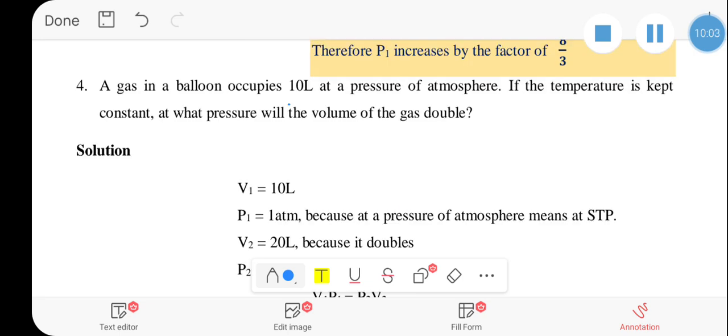እንደዚህ አይነት ጥያቄዎች ላይ ወርድ ኤክስፕሬሽኖች ቫልዩ አላቸው። ስለዚህ እያንዳንዱን ኮንሰፕቱን ማወቅ መቻል አለባቸው። አት ኤስቲፒ ከተባለ አት አትሞስፌሪክ ፕሬሸር ከተባለ ደብል ወይ ደግሞ በሃፍ ቀነሰ፣ ኢንክሪዝ ባይ ሃፍ፣ ዲክሪዝ ባይ ሃፍ፣ ኢንክሪዝ ባይ ዲስ አማውንት የሚል ነገር ካለ እነዛ ነገሮች ቫልዩ ስላላቸው ወርድ ኤክስፕሬሽኑን ኢንተርፕሬት ማድረግ መቻል አለባችሁ። ስለዚህ እዚህ ጋር አት ፕሬሸር ኦፍ አትሞስፌር ማለት አትሞስፌሪክ ፕሬሸር ስንት ነው የምታውቁት? በሌላ በሳይንስ ትምህርት ዋን አትሞስፌሪክ ፕሬሸር ዋን አትሞስፌር ነው ማለት ነው። ስለዚህ አት ኤስቲፒ ነው ማለት ነው። ሌላው ደብል የሚለው ደግሞ የተሰጠን ቫልዩ እጥፍ ሆኗል እያለን ስለሆነ ቪቱ ማለት ደብል ሆኗል። ቪዋን 10 ስለነበረ ቪቱ 20 ይሆናል። እንደዚህ አይነት ወርድ ኤክስፕሬሽኖችን ኮንሰፕቶችን ማወቅ ይጠበቅባችኋል ማለት ነው።